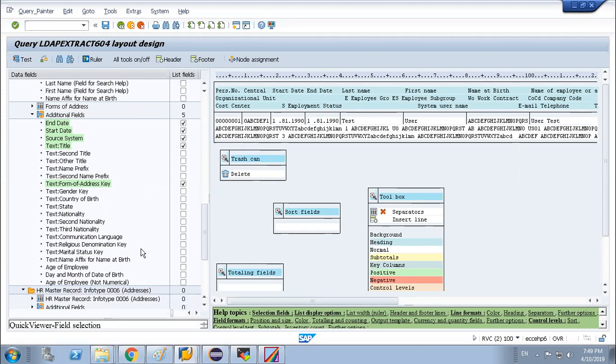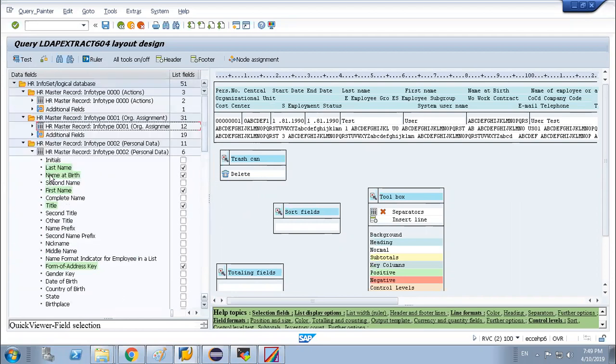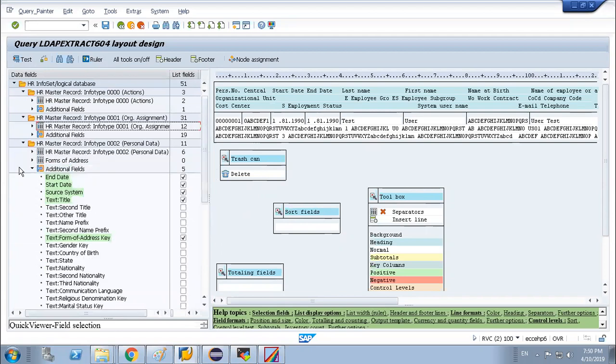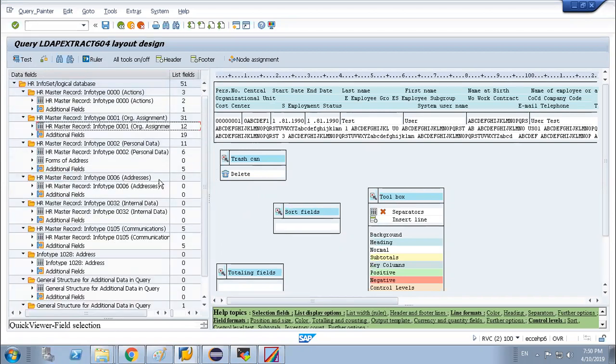In IDM systems, we only need the user's first name, last name, start date, end date, and the roles and privileges. My SSN number, my birth date, my age, all that information is not needed. But for HR, it is definitely needed. So these are the fields we need to put into the IDM system, which can be configured from here in this location. Okay. Clear? If you have any doubt, please let me know.